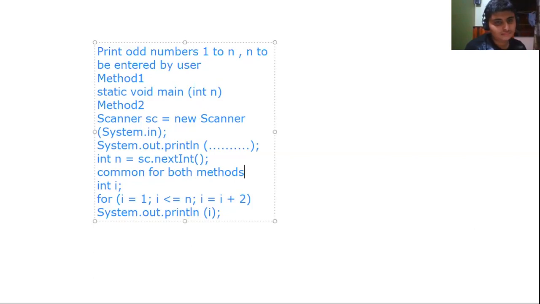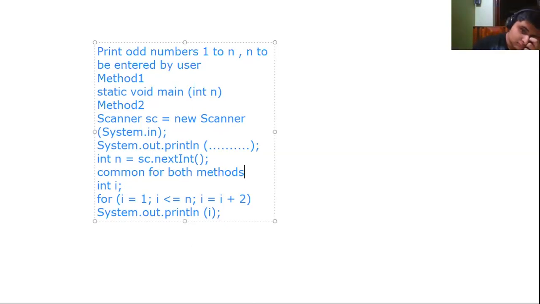Whatever may be the system of input, this is going to remain the same. You write static void main with int n, then also you have to write the same thing. And if you write Scanner, then also you have to write the same. And if you write BufferedReader, even then you have to write the same. Is this clear? Okay.